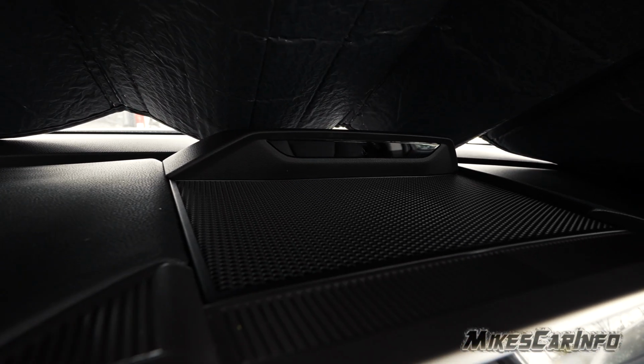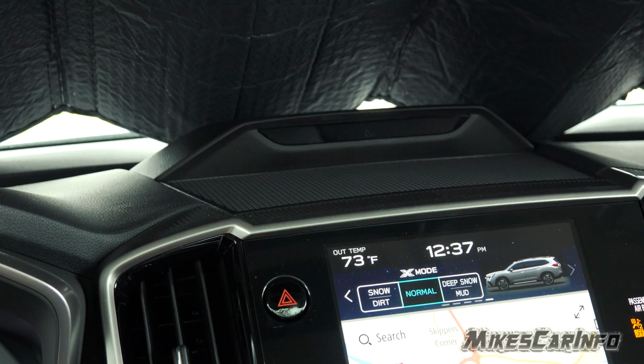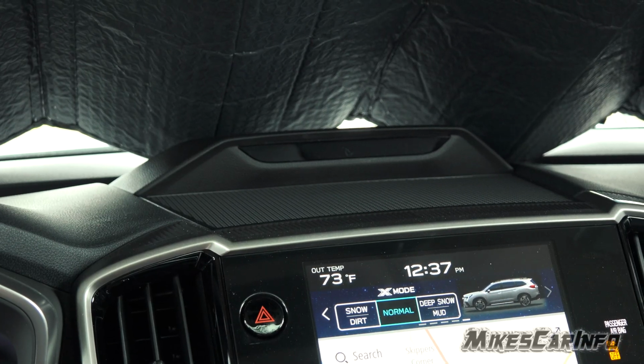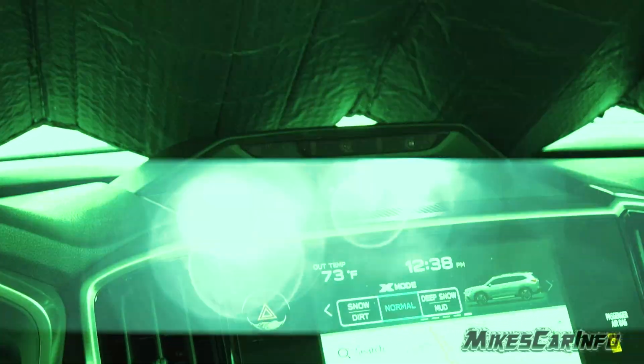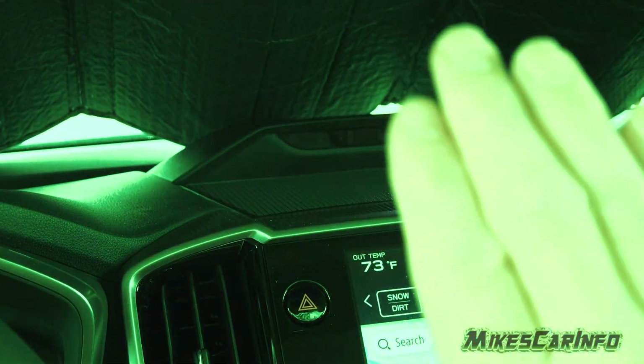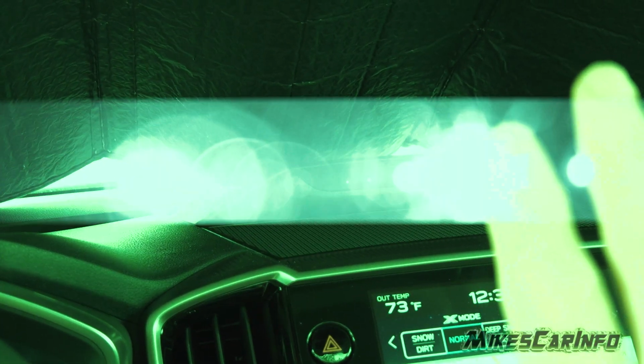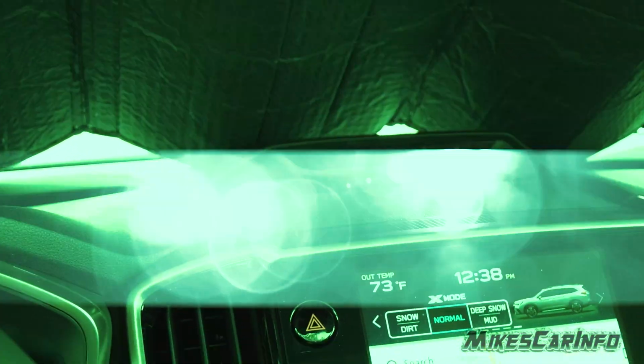To my eyes it just looks like a blank lens. So let me turn on the infrared camera here so we can see. This light is really flashing a lot. So let me go ahead and cover that up so you can see right where it is. See right there? Now to the left of that light is a camera. So let me zoom in. Let me cover up that